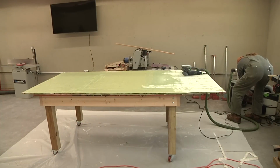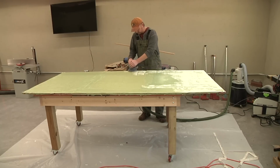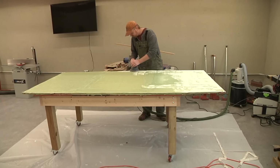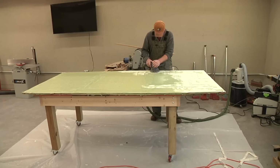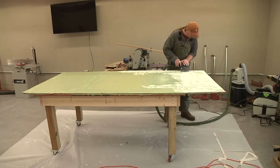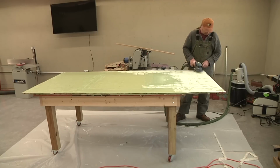So now when I was applying this fairing, I actually did this in two different phases. I guess phase one was going around the perimeter as well as those two center-ish kind of strips. Those center strips were basically dividers between three separate pieces of glass that I had laid up in the last video. If you didn't see that one, I'll include a pop-up window in the top right corner. In the short story, it was different ways that you can go about laying up fiberglass in upside down or